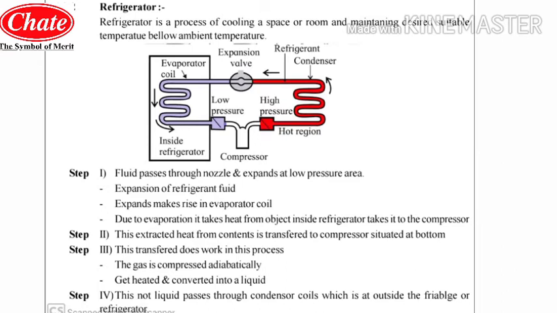and this compressor will again compress the gas into the condenser coil, and again there will be a change of phase from gas to liquid, and further that liquid will again be converted into cold gas due to the low pressure and due to the expansion of gases. So this process will be continuous, and thus the refrigerator can maintain the temperature as you want, and you can adjust it at your desired level.